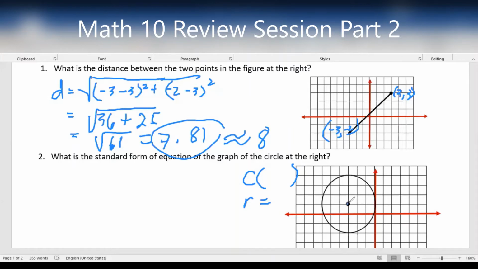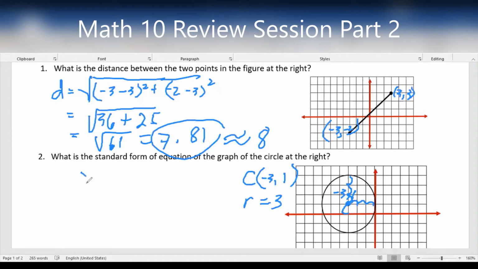Center, looking at this, this is the center. That's 1, 2, 3, negative 3. And how many is this? 1. Positive 1 because it's going up. So negative 3, 1 is the center. For the radius, from the center, simply count. 1, 2, 3 is our radius. So the correct answer is